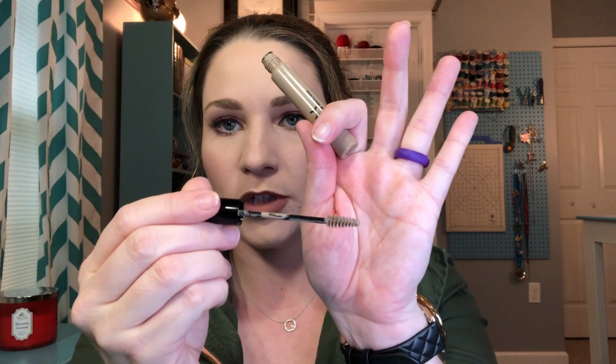I absolutely love it. And then I have these two tinted brow gels from NYX. Now I keep the chocolate shade in case I'm really running late one day and I don't have time to do anything. If I run this chocolate shade through my brows and then go back in with the blonde shade and do my highlights with it, then that's all I need in my brows for the day. But this is very reminiscent of a Benefit Gimme Brow. It has that short little spoolie on it, but this shade in blonde is what I use to highlight my